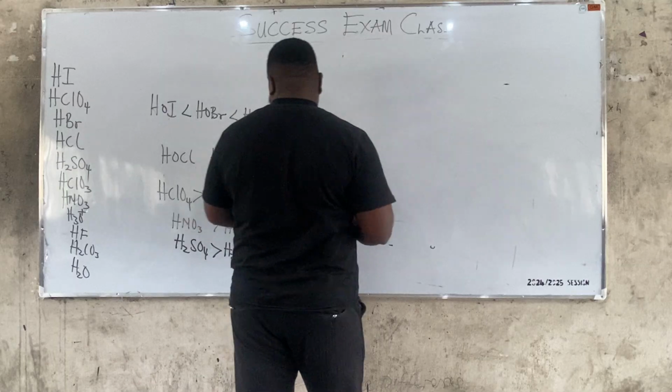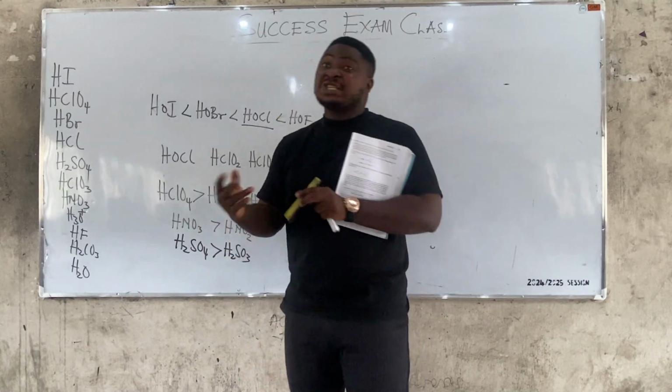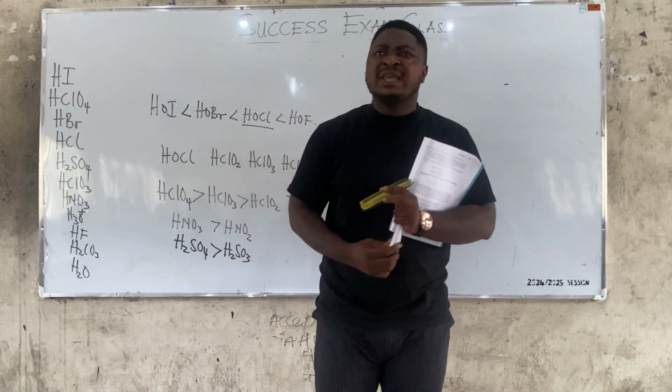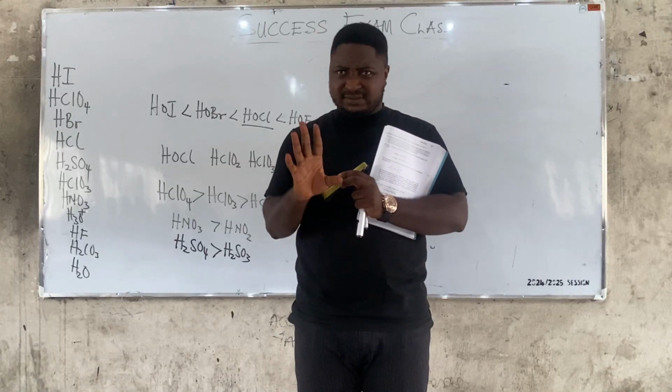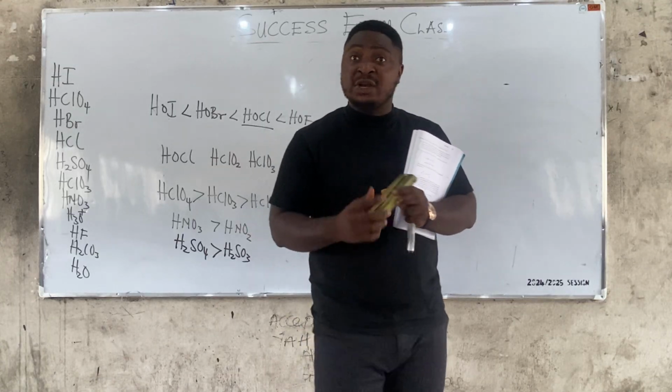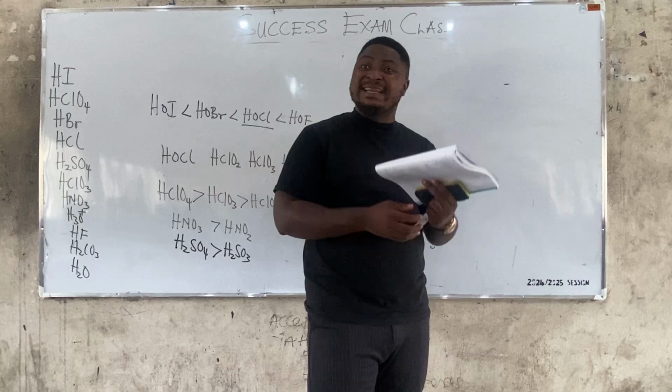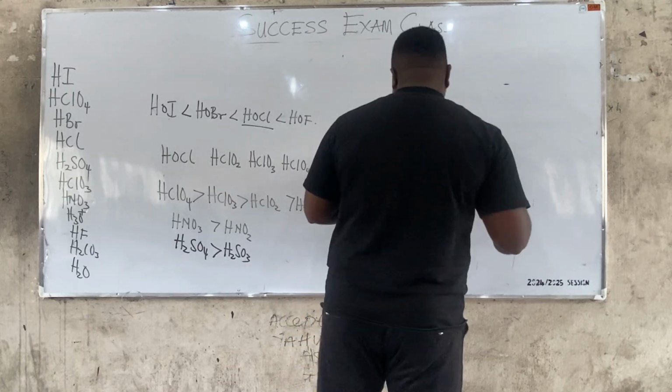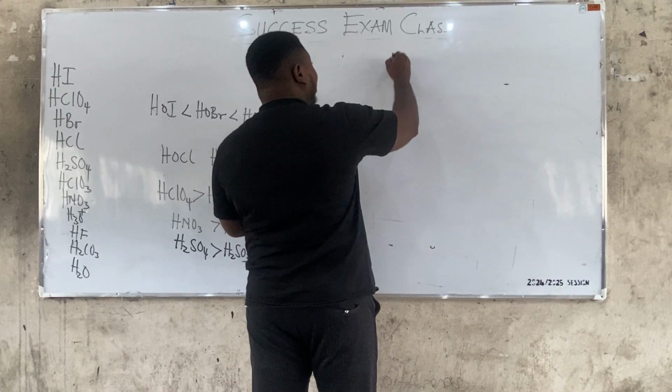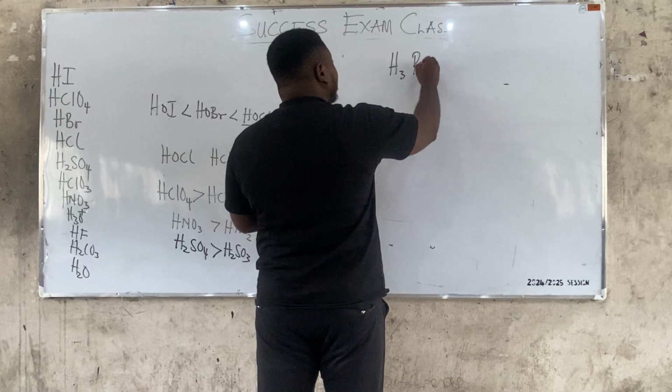Take note of the what? Exception. Look at all these people that follow the rule: if you have more oxygen, you are stronger. But phosphorus containing oxo acids do not follow the rules. For phosphorus containing oxo acids, the more the number of oxygen, the weaker the acid. So H3PO2,